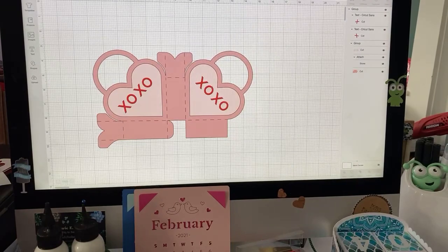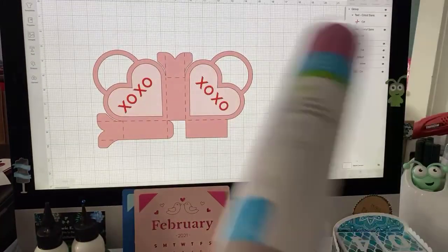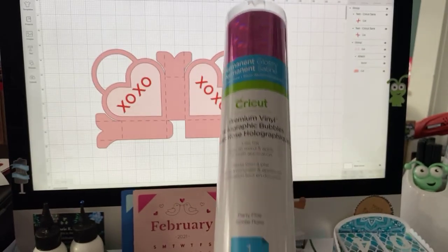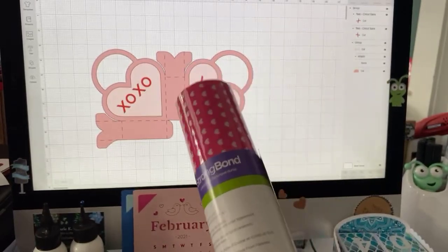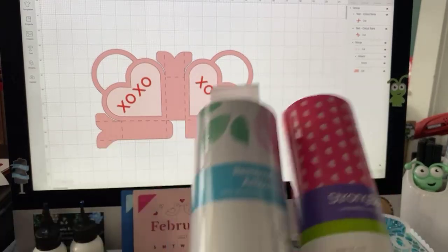Let's see, what's that called? Holographic bubbles rose, which we got in a recent mystery box, so I thought I'd use that. But also I was thinking, you can iron on things onto paper, and we can go ahead and show you that,